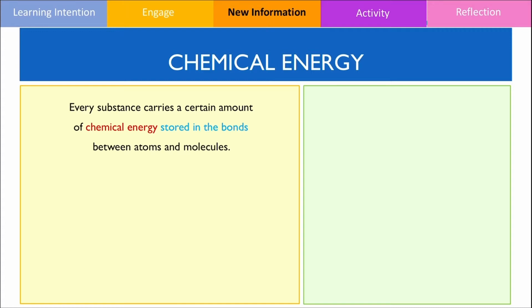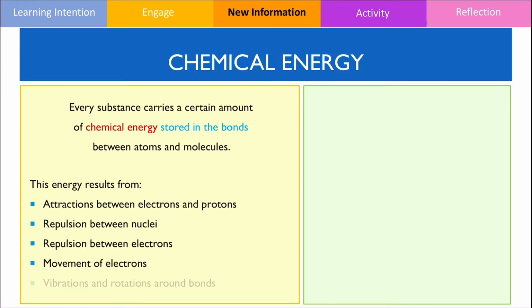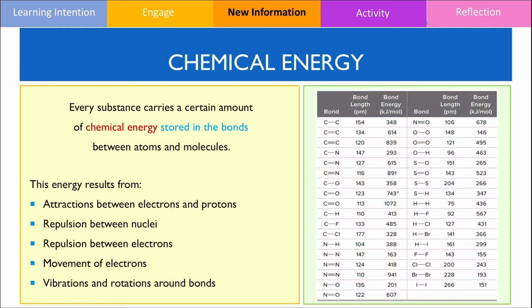Every substance carries chemical energy stored inside of chemical bonds. This energy results from the attraction between electrons and protons, the repulsion between nuclei, the repulsions between electrons, the movement of electrons, and finally the vibrations and rotations that occur around a chemical bond. Because the composition and types of bonds found in each substance will vary, the total amount of chemical energy stored in the chemical bonds will also be different. This is reflected here in this table where you can see different amounts of energies associated with different types of